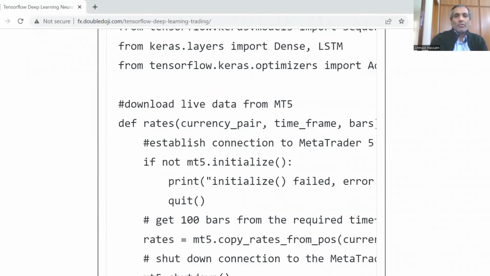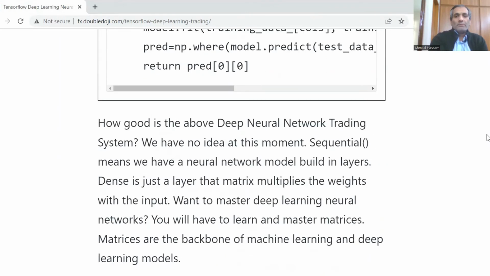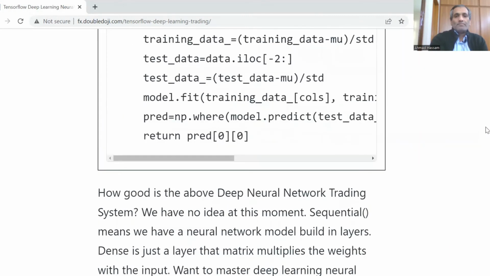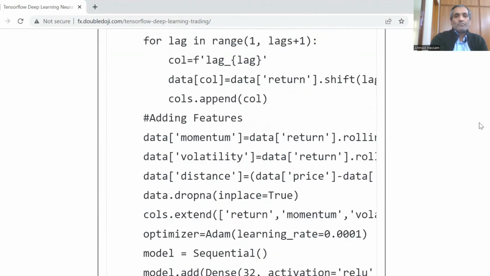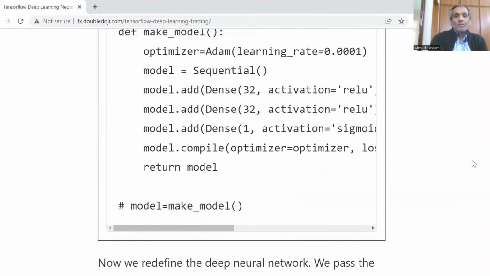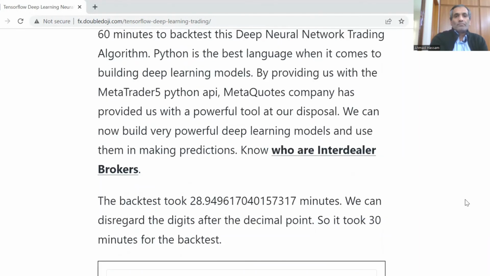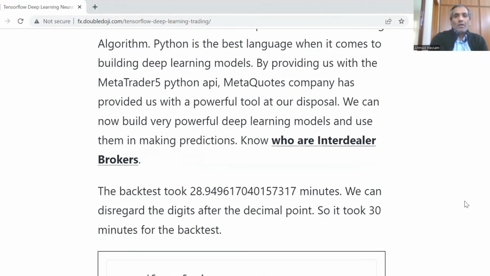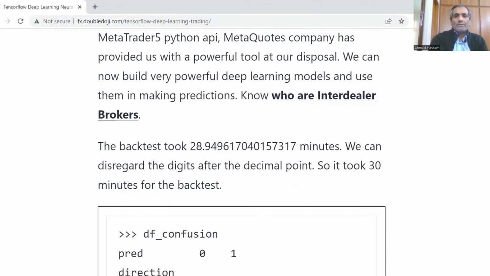If you want, you can download this code and test it yourself. This is the code. Now the backtest took 28.9 minutes, roughly 30 minutes, on the pound dollar daily chart.